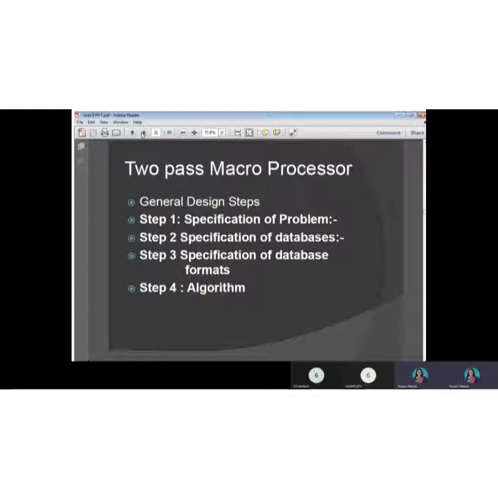Now let us come to the design steps for the macro processor. As we have seen, the assembler design has two passes. Similarly, here we have two passes for the macro processor. These are the general design steps. We have four steps.